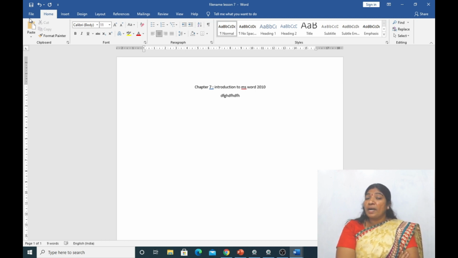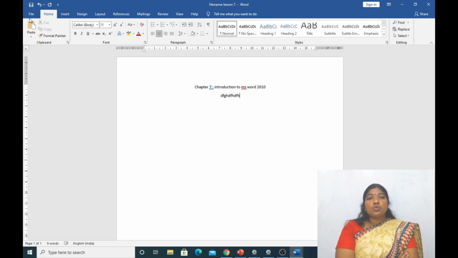As I have discussed in the Notepad chapter, lesson number 3, I explained very clearly that whenever you want to open a file, you have to create your own file and then save it. Then only there is a possibility to open a document. In the same way, that process continues in the Word document also.